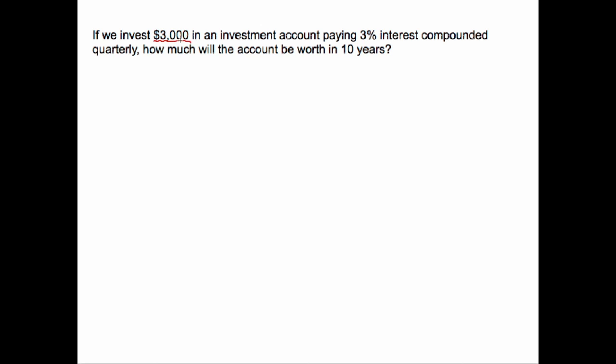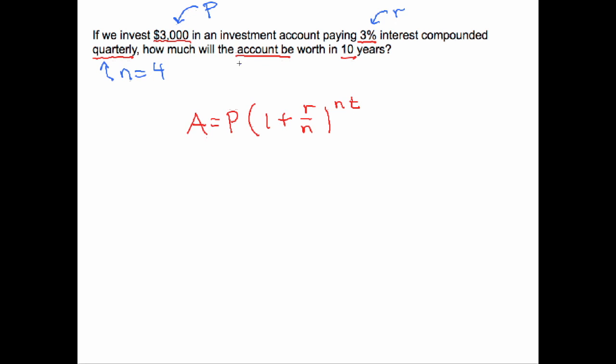If we invest $3,000 into an investment account that pays 3% interest compounded quarterly, we need to find out how much will be in the account in 10 years. So we have a compound interest formula that we know: A equals P times (1 plus R over N), all raised to N times T. Now, as I look at my word problem, I'm investing $3,000. That's my principal. What are the terms? Well, I have an interest rate of 3%, and it's compounded how frequently? Looks like 4 times a year. I need to know how much is in the account, so I'm looking for A, and the time frame I have is